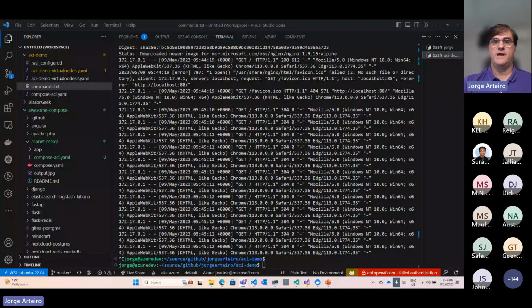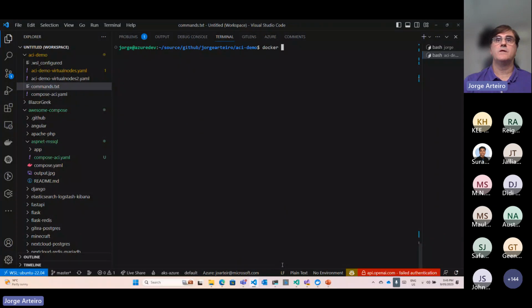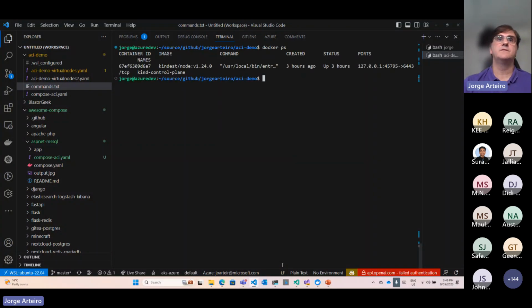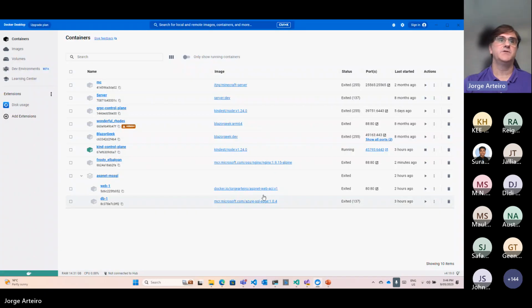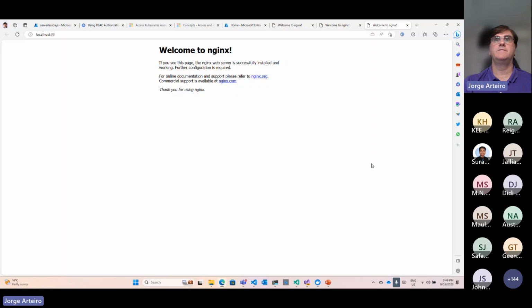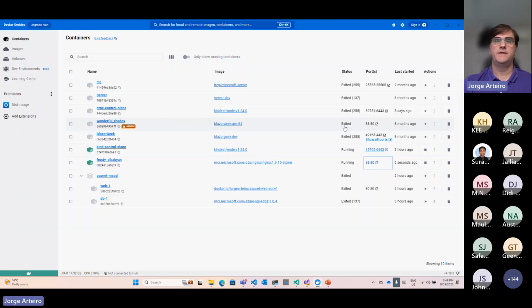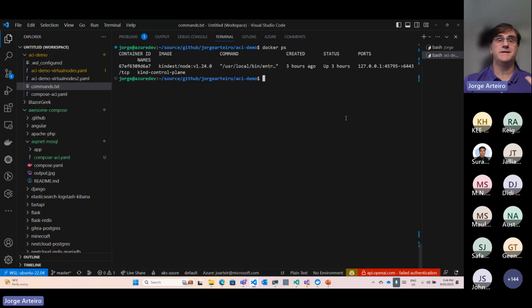Okay. Now, if I run docker ps, like I said, the container is not running because I just stopped the container. It should be stopped here as well. But I can go back and manually start it again. If I start again, the container is running. No big deal. That's container in a nutshell.